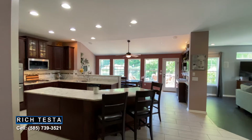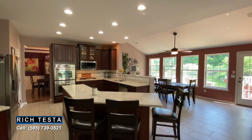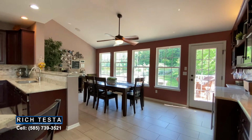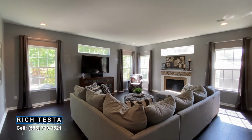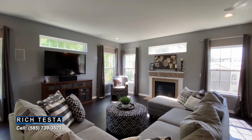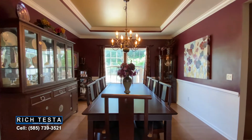This is a remarkable open floor plan with a great room, featuring a gourmet kitchen with cherry cabinetry, stainless steel appliances, a walk-in pantry, and granite countertops with a breakfast bar. Open to a morning room with a vaulted ceiling and a built-in wet bar, a family room with a gas fireplace and bamboo floors, all with an adjacent formal dining room with a recessed ceiling, chair rail, and decorative columns, plus a powder room